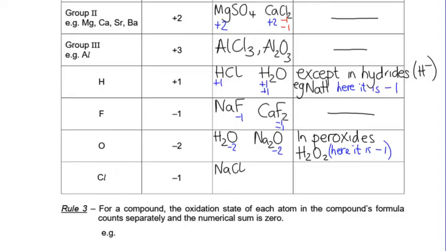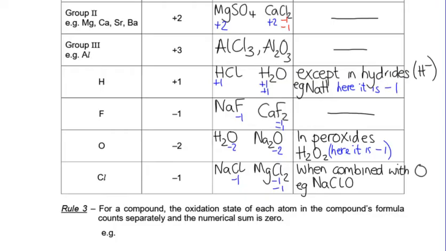So in NaCl, it's -1 because the Na is +1. And in something like MgCl2, there's 2 of them each at -1, except when combined with oxygen, which is more electronegative. I'm going to put that O up there actually, so that we've got our EGs down here. So in something like